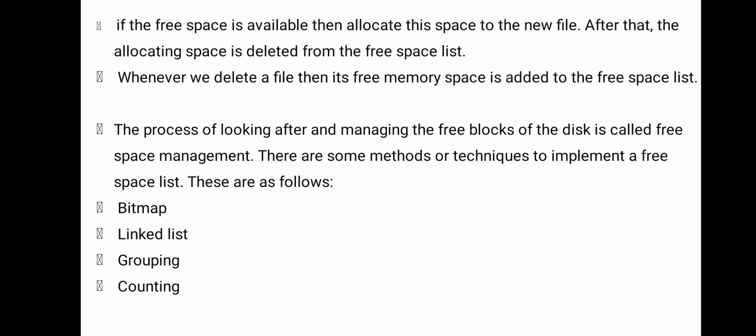Whenever we delete a file, then its free space is added to the free space list.